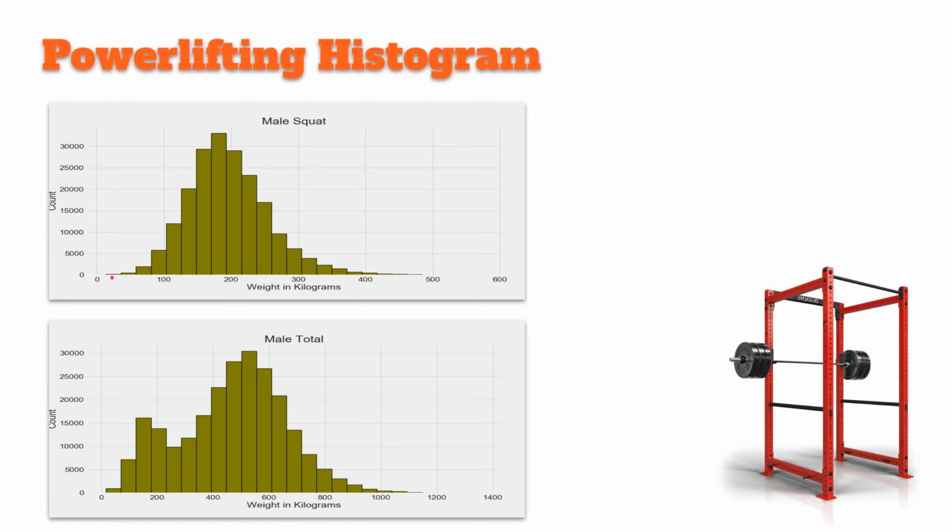So how often does somebody squat between 20 and 50 kilograms, whatever this range is? And it's not very often because people are typically stronger, okay? And they're typically stronger until they get to about this point, right under 200 kilograms, so about 175 to 200 kilograms. Over 30,000 competitors can squat in this range, okay? And then it moves down until we get over here, and there's very, very few people, one person, in fact, that can squat over the 450